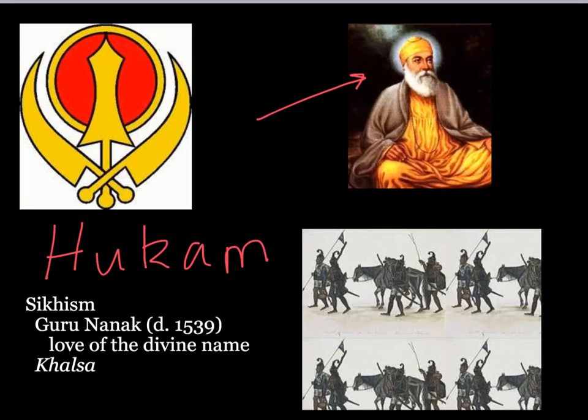And as a result of that, the Sikhs found that they had to practice a military discipline so that they could protect themselves and their lands. And this military discipline organized into a military order that was both religious and militaristic. The military order was known as the Khalsa, or the Pure. And what you guys see here in the image is some of these soldiers who are going off to battle. Now, the Sikhs ended up becoming really one of the best known of the military orders in India. So much so that they're going to play a pretty major role in the next chapter of Indian history.